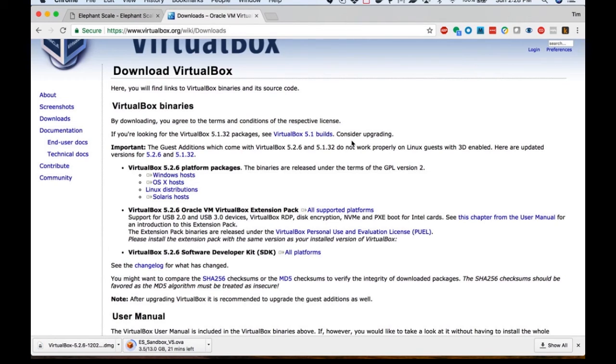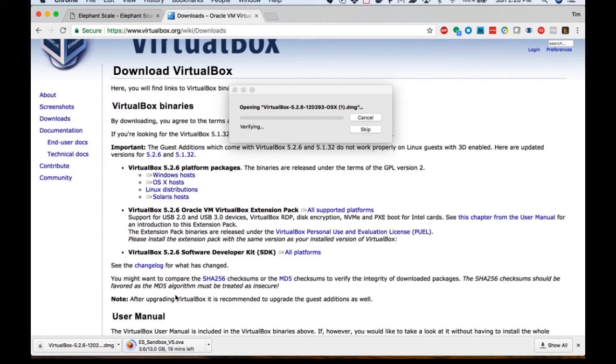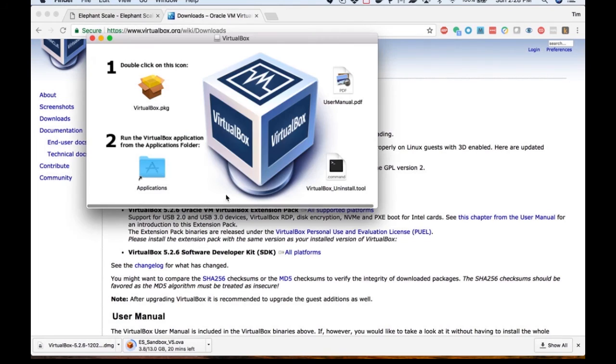Okay, so VirtualBox is now downloaded. The installation will depend on your platform. And I know a lot of these users are going to be Windows users. But the installation, we can just go ahead and open that. Notice here that it's going to start that up and install it in a way that's appropriate for your OS. For Windows users, that'll probably be using the MSI or Microsoft installer. Here on Mac, I'm going to load the DMG and then install that.